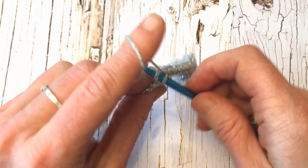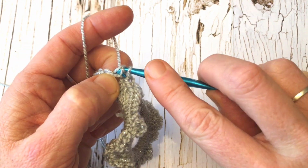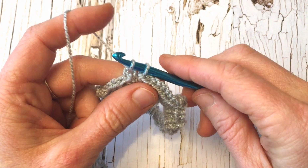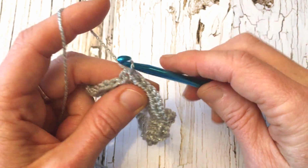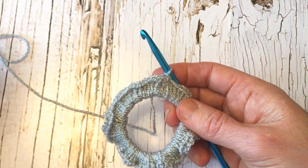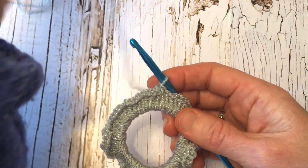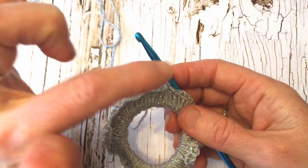And if your yarn is hard to see like mine, don't worry so much about it. This part will never be seen. You yarn over and pull through a loop, and then you pull that loop through the loop on your hook. And now what we're going to do is begin row 2, and row 2 is a series of chain loops